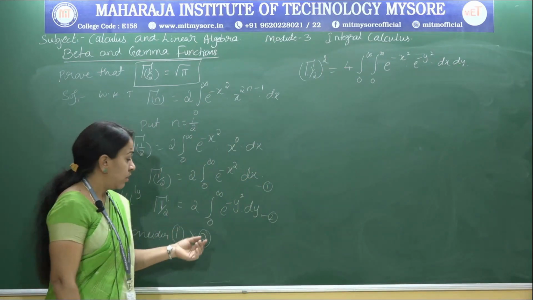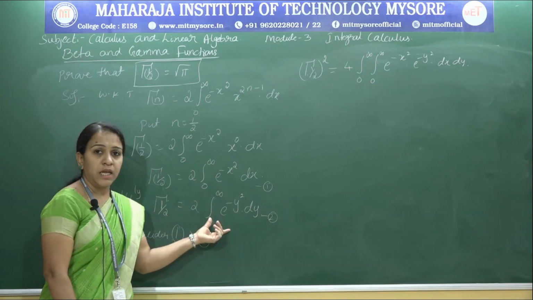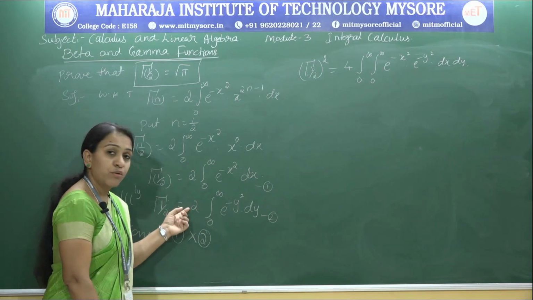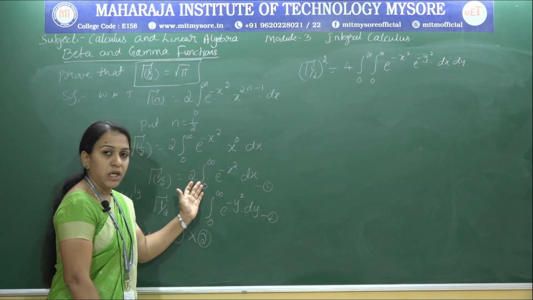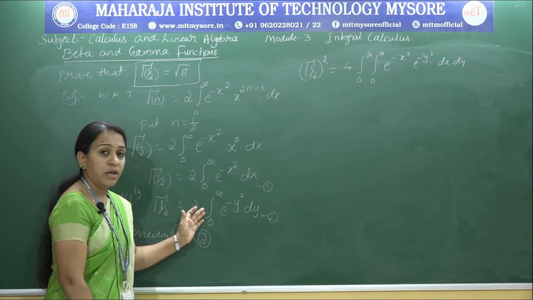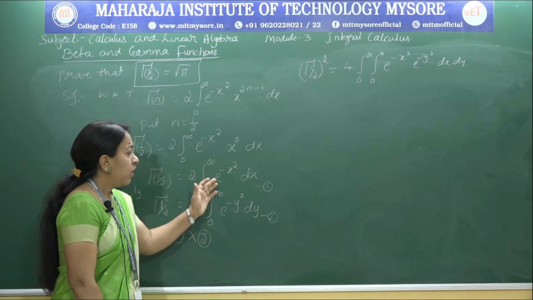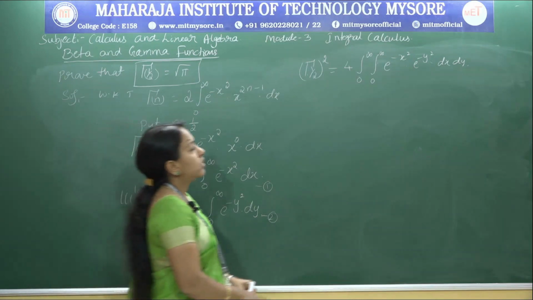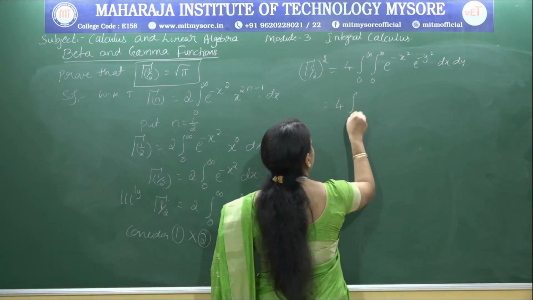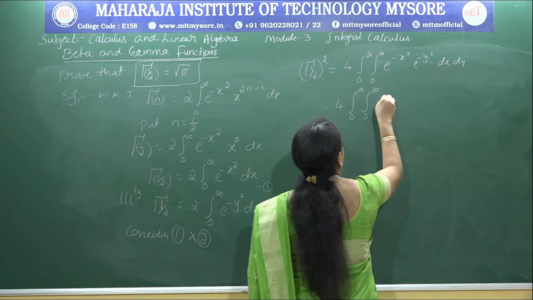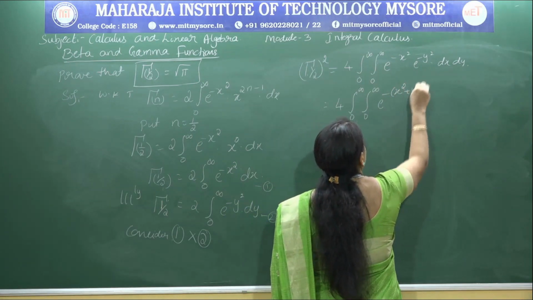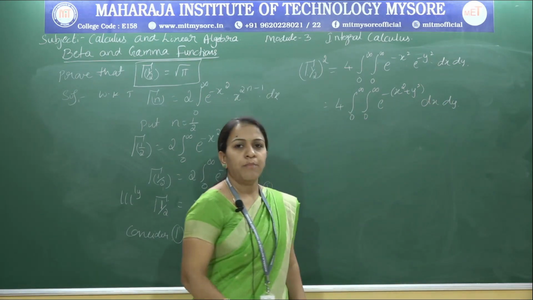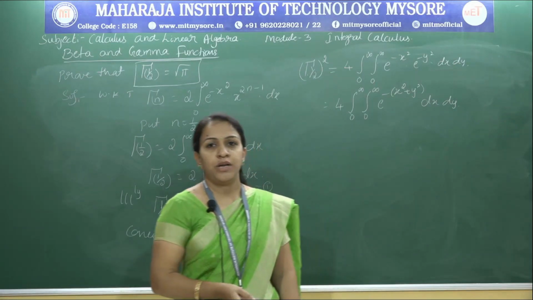I think I skipped one step. Instead of writing both line integrals, I multiply directly because both have the same limit, and we have 2 2s are 4. Multiple single integral e power minus x square, e power minus y square dx dy. Now simplify this, that is 4 times the integral 0 to infinity e power minus of x square plus y square dx dy. I hope you all remember the same problem that we solved by polar coordinate form,